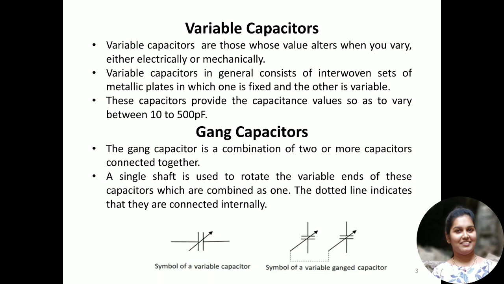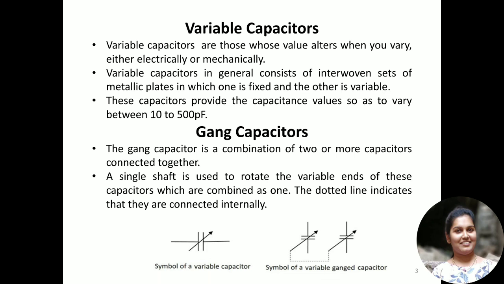And coming to the applications, these variable capacitors are very much useful in tuning of LC circuits such as radio receivers, for impedance matching in antennas, etc. So variable capacitors are mostly used in audio video communication, receiving and transmitting places. Mostly we use variable capacitors when compared with fixed capacitors.